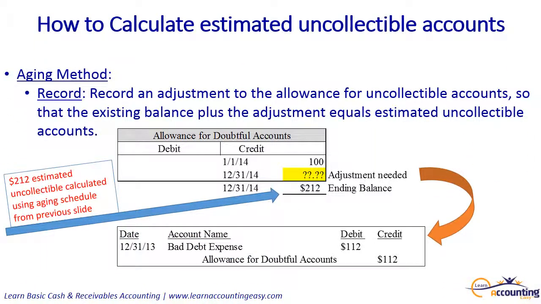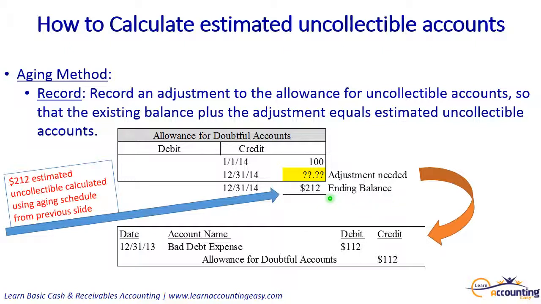Now, with the aging method, the second thing we have to do after we've prepared the aging schedule on the previous slide, and we came up with that $212 that we estimated would be uncollectible, the next thing we have to do is go ahead and make an adjustment to the books that reflects this estimate that we have. So what we actually do is we take the allowance for doubtful accounts account, and we say, what is the ending balance that we want to be in that account as of the end of the period,